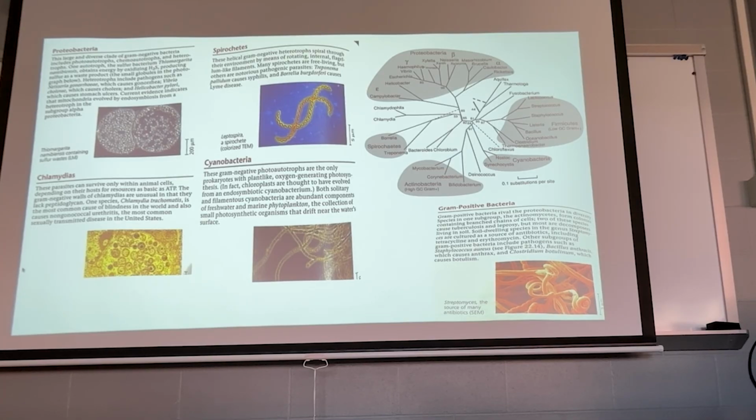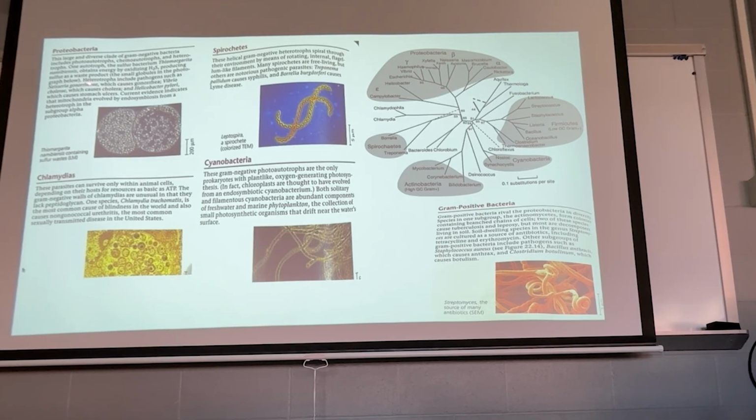A great example of this is one chemoautotroph, actually there are a couple of these in this group, that are sulfur bacteria. They use hydrogen sulfide, they oxidize it, they remove the hydrogens off of it, and then make energy, or ATP, by using an electron transport chain to pass those hydrogens around. So this is a chemoautotroph because it's not using sunlight, it's not using a carbon source, it's using this inorganic gas to actually make energy. Weird, right? It's something that most organisms that are alive can't do.